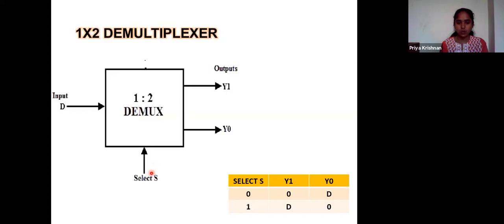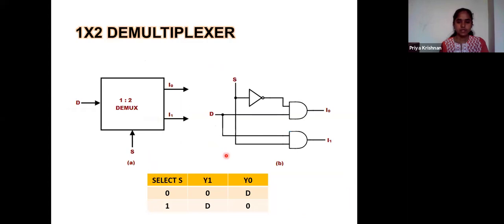If it is 0, D is available in Y0. If it is 1, D is available in Y1. Simple.